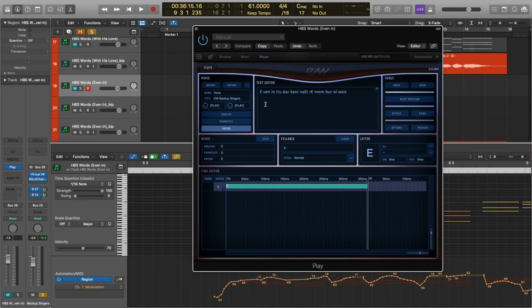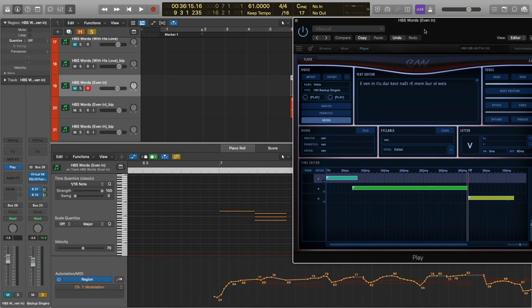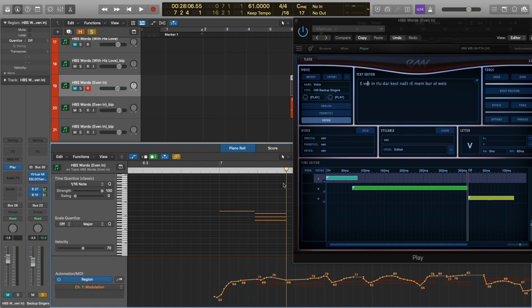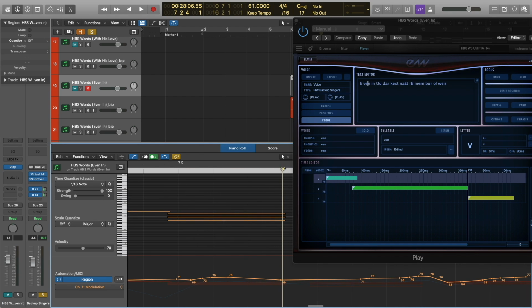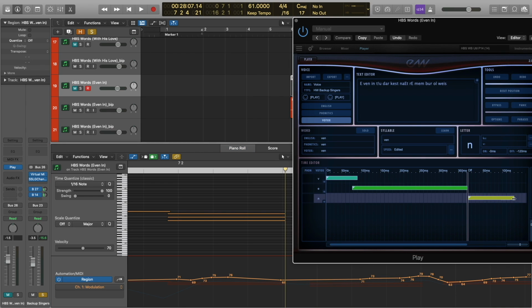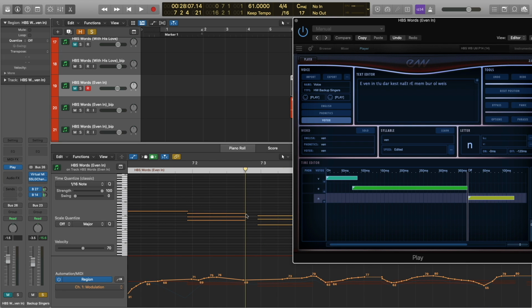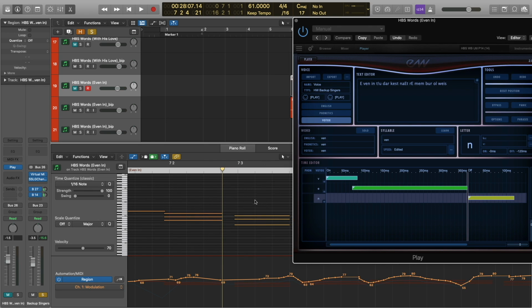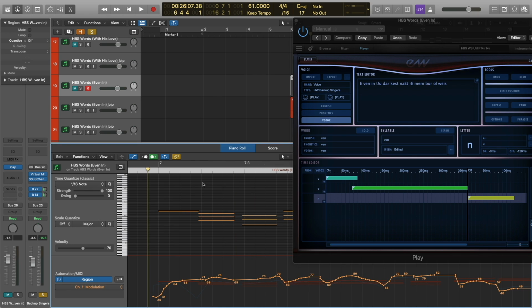Now, the other thing to keep in mind is that when you are working on a word builder syllable, this phoneme here is going to actually sound after the end of the MIDI note. So in "even," you're not actually going to hear that N until right here, because that's the end of the MIDI note. And that N is going to sound out for exactly, in this case, 120 milliseconds. So that is why I have this space between this chord here and this chord here. So let's listen to that.